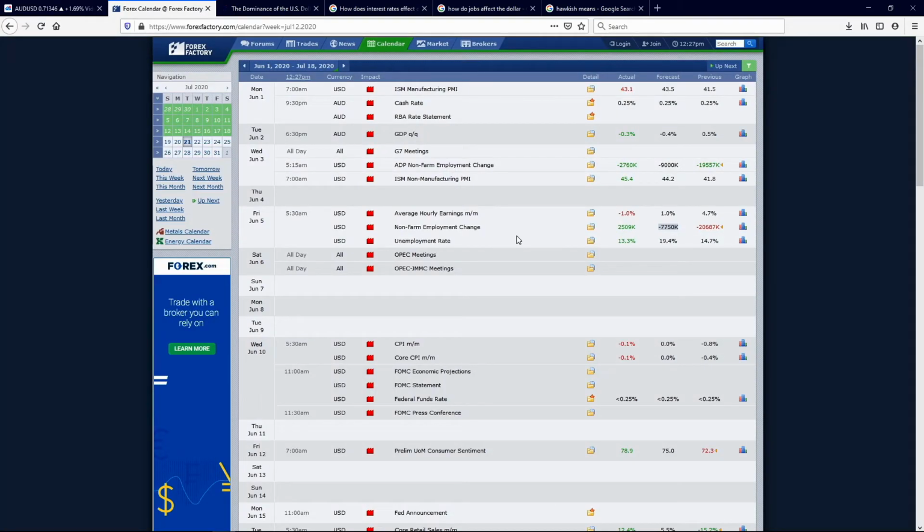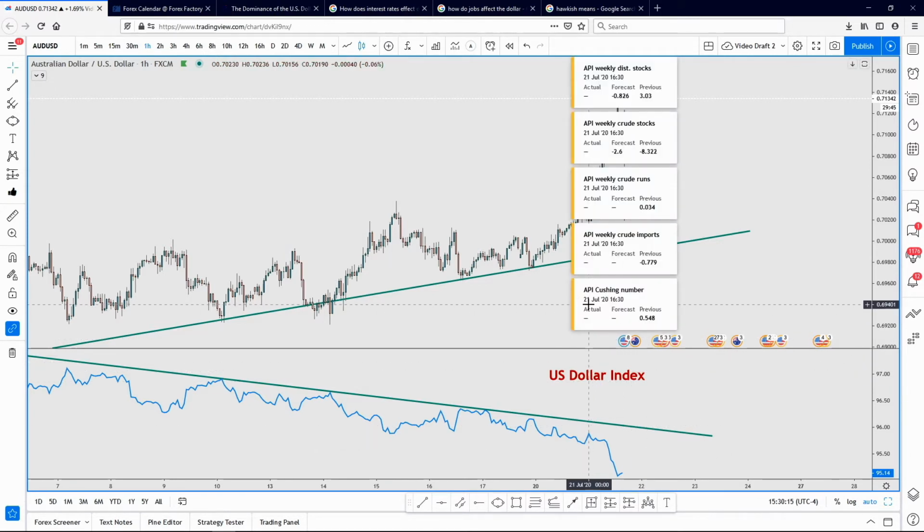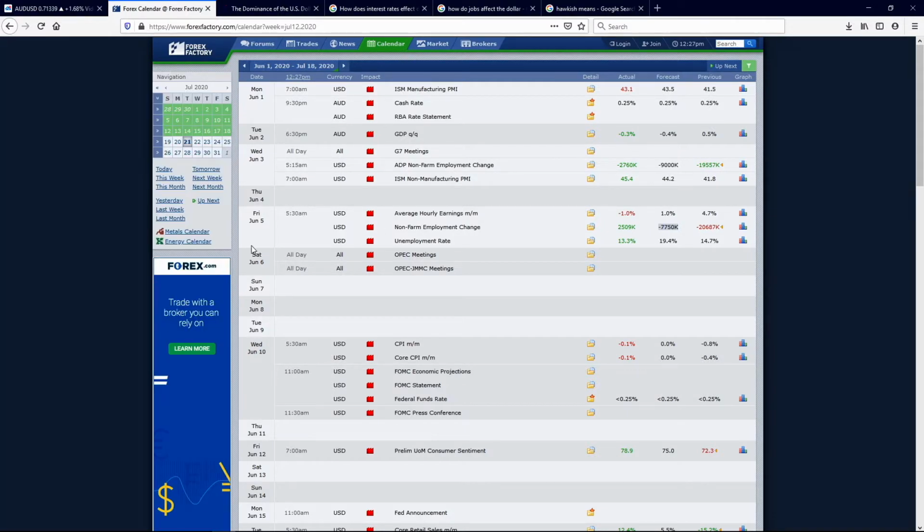All you do is go to Forex Factory, or whichever Forex calendar you want, and you look up the date. On here, it shows you that these reports are coming out on the 21st of July. So you want to go to that specific date, look up what news is coming out,